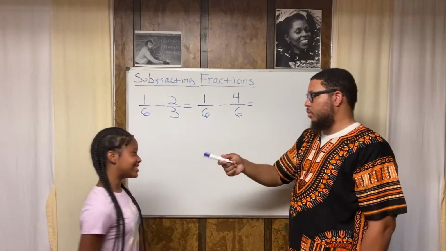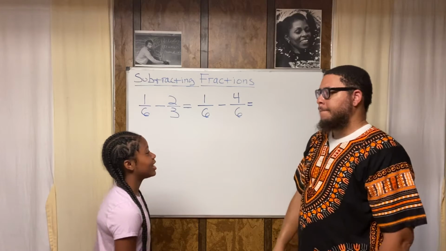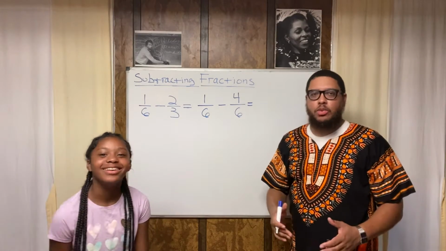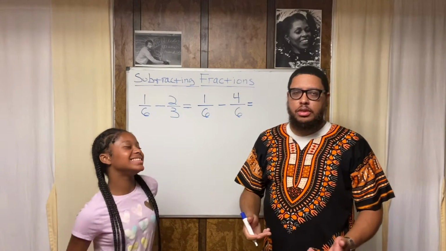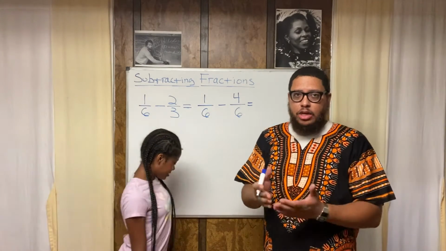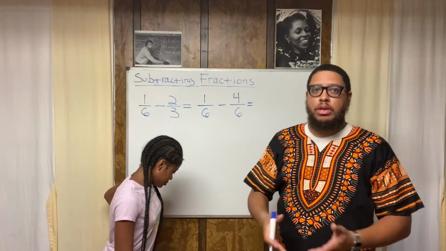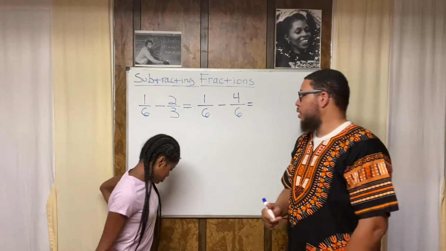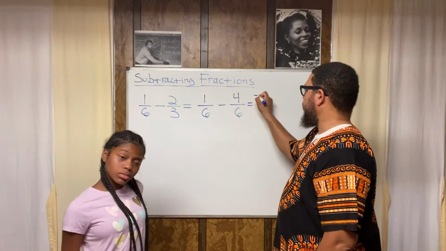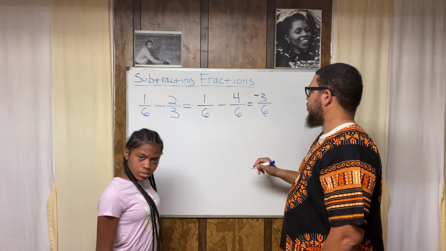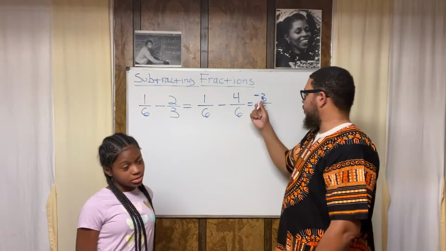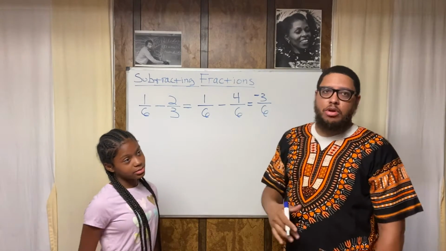Now, tell me what 1 minus 4 is. -3. -3. Notice how she said the word negative out loud? If you're thinking negative, but you don't say negative, then you're wrong. If it's negative, you got to say the word negative. Say the word negative out loud. 1 minus 4 is -3. So we got -3/6. Now, we're almost done,